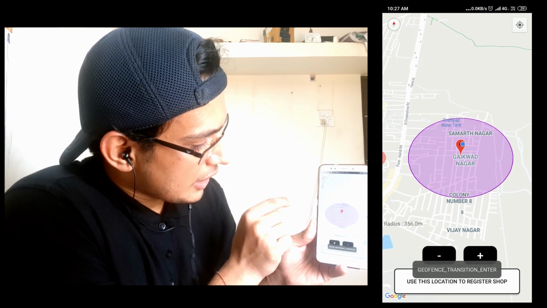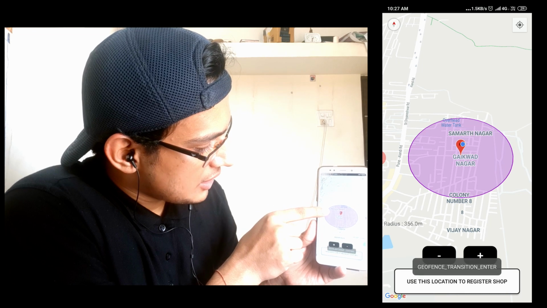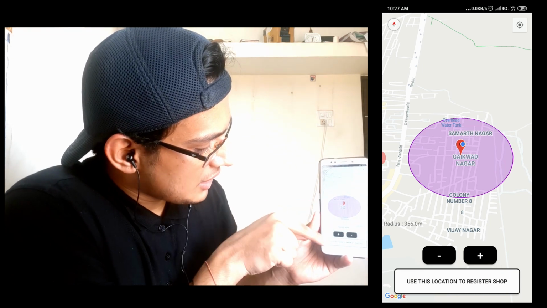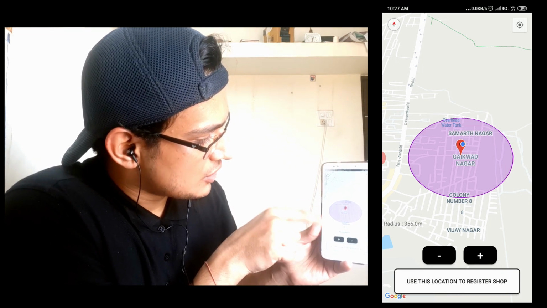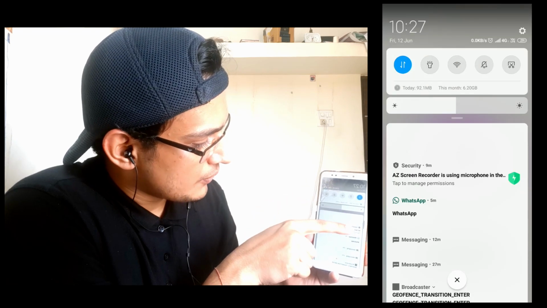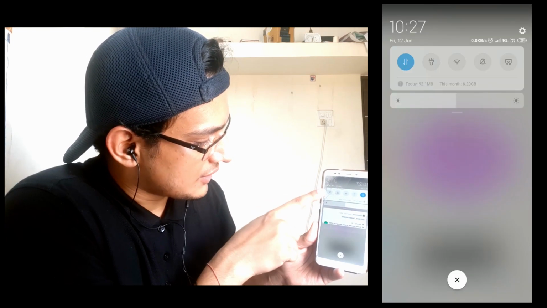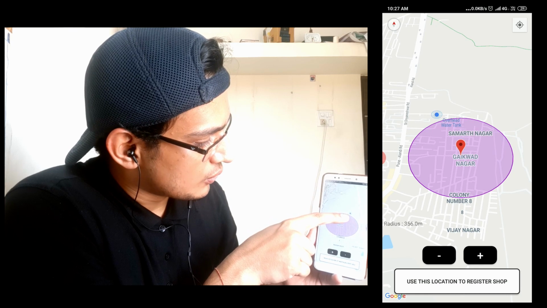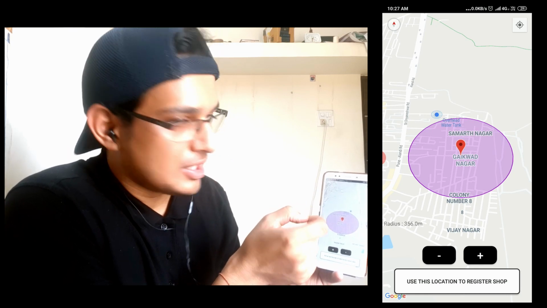So the GPS was not accurate, but as soon as we entered this location, it is showing me the notification: geofence transition enter, geofence transition enter, geofence transition exit. So we have exited the location also. So GPS at sometimes